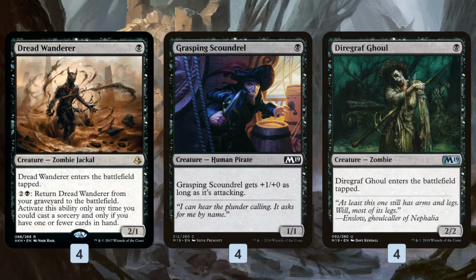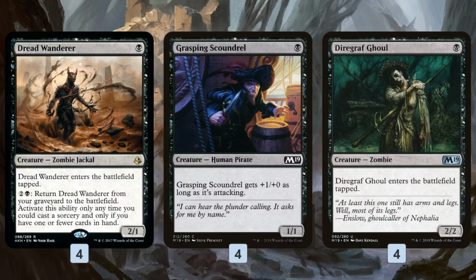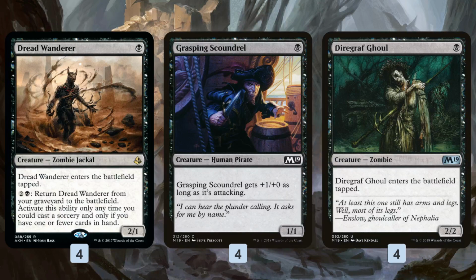And then Diregraph Ghoul is basically like the world's slowest Goblin Guide. It is a 2/2 for 1, but instead of having haste, it enters the battlefield tapped. So basically, as much of the opposite of haste as you can get, but still a 2/2 for 1, pretty good deal. So that means we have a total of 20 1-drops in the deck, all of them kind of